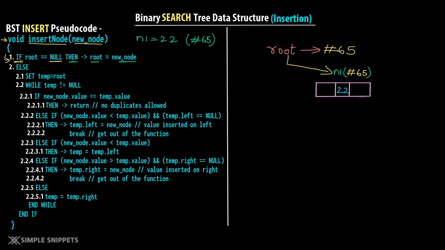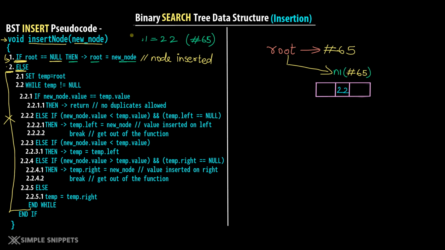And since this if is going to be executed, the entire point number 2, which is basically this entire code, will not be executed because the if got executed and then we have else. So if the if block is executed, the else block will not be executed. We can simply print over here node inserted. Correct? And then you come out of the function. Okay. So the first node got inserted.